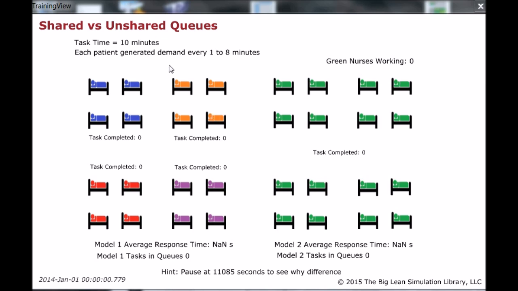The patients are going to generate a task that takes 10 minutes for the RN to complete. And they're going to generate that task randomly every 1 to 8 minutes, uniformly distributed. And we're going to be interested in how many tasks have been completed and the average response time. Right now you'll see it says NaN. That stands for not a number because we haven't run it yet, so there's no number yet to display. And we're also going to look at the number of tasks overall that are in the queue for the nurses